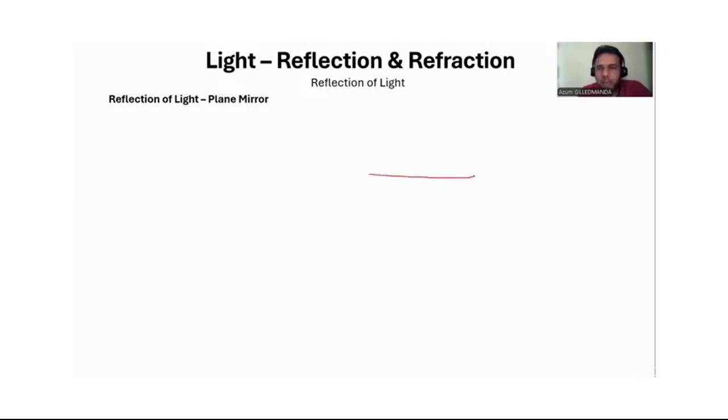Let's say this is a plane mirror, which is polished at one end so that the reflection can happen. If I draw a normal to this mirror, and a light ray falls onto it,